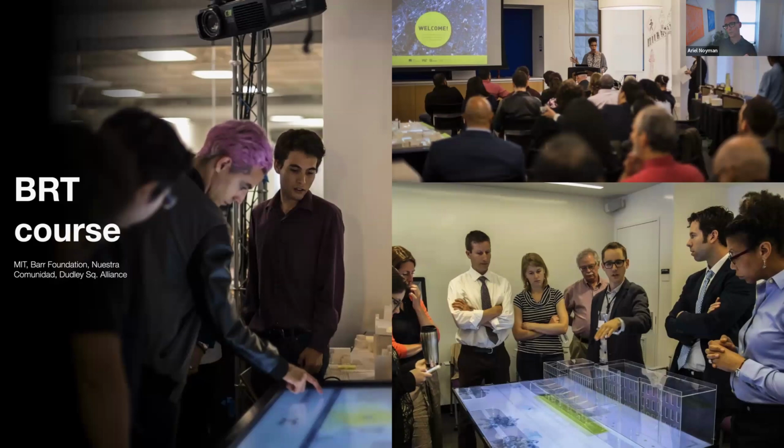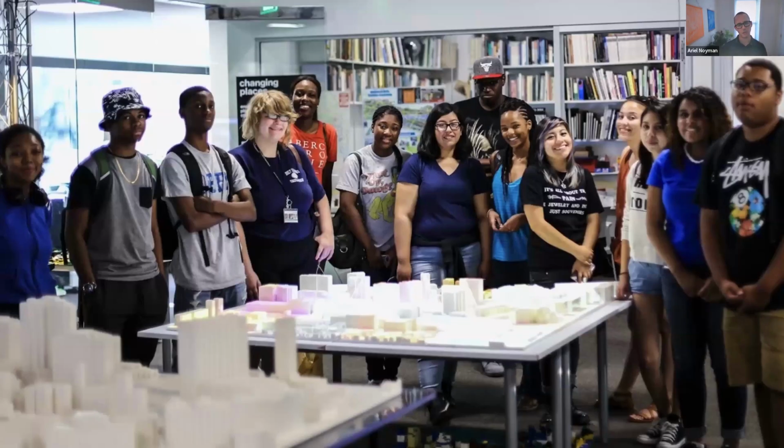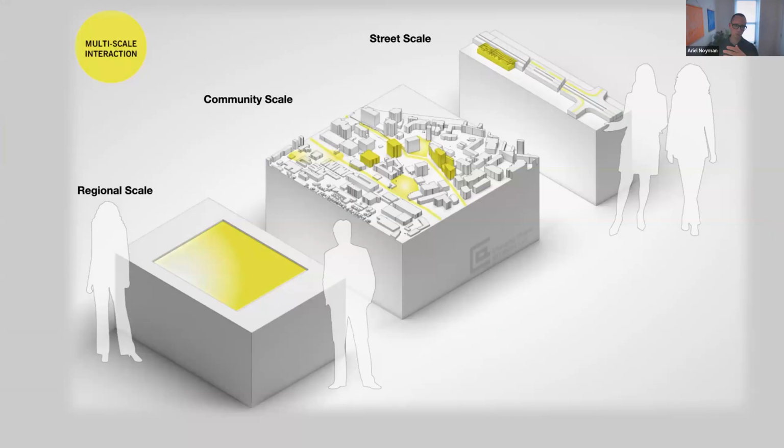I think one key important thing here to note is that the people that you see here were not just part of a community engagement process, but instead they were working with us from the get-go on designing the participation. And the reason it's important is because their feedback during that process taught us a lot about what the community might need and want in that public participation process. For example, we learned from them that explaining what a BRT system is to begin with requires multiple scales: street scale, neighborhood scale, and then the regional scale.